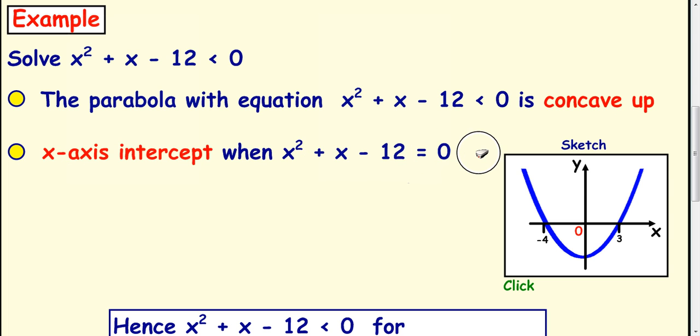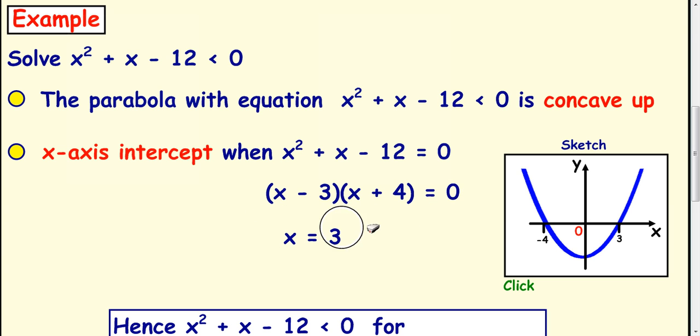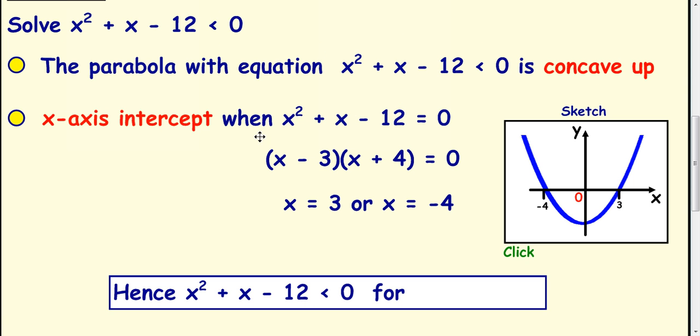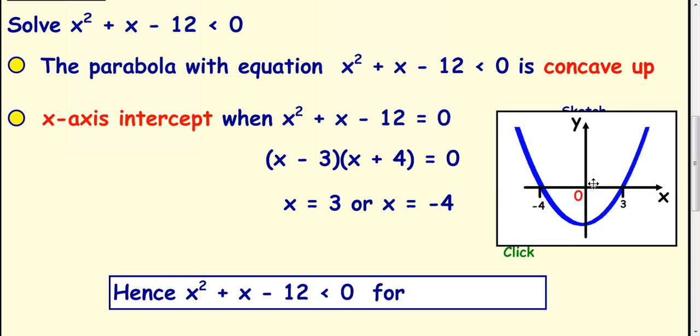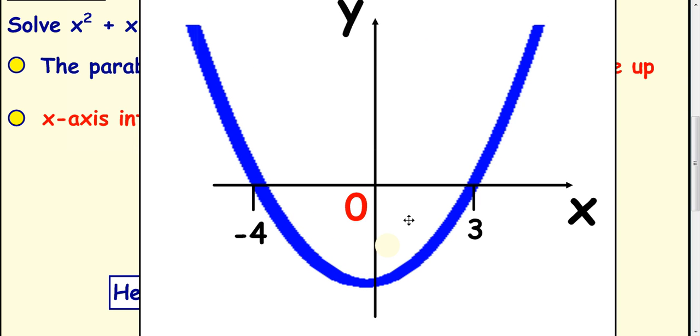Next thing we want to do, we want to find out where it cuts the x-axis by solving this when it's equal to 0. So factorise it, and x must be 3 or negative 4. Draw a wee sketch, so it's a minimum through 3 and negative 4. We are looking to find out when this is less than 0. So if we look at it in more detail here,